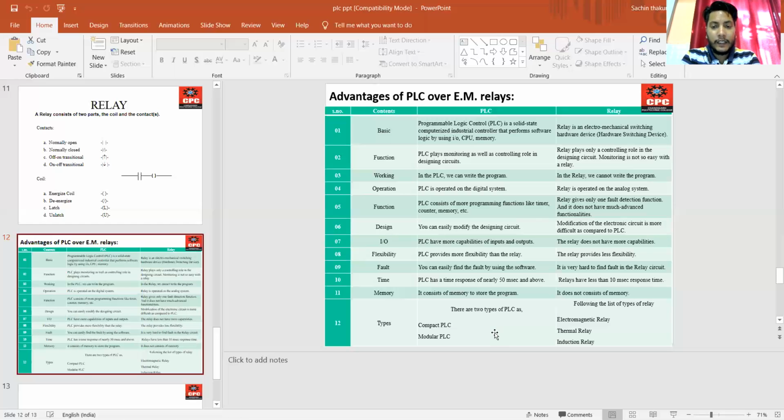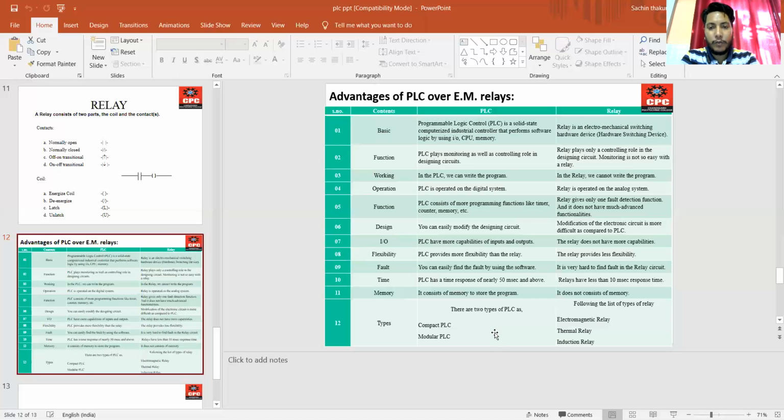Now, the design: you can easily modify the designing circuit in a PLC. Whatever program you have designed in the PLC, you can modify easily. But in the case of a relay, modification of the electronic circuit is more difficult compared to a PLC.